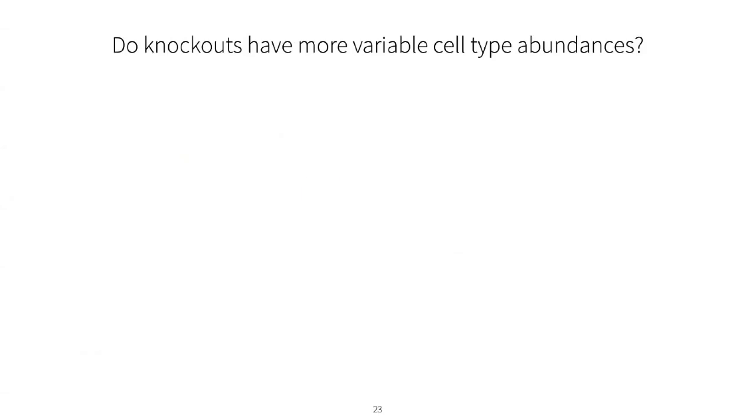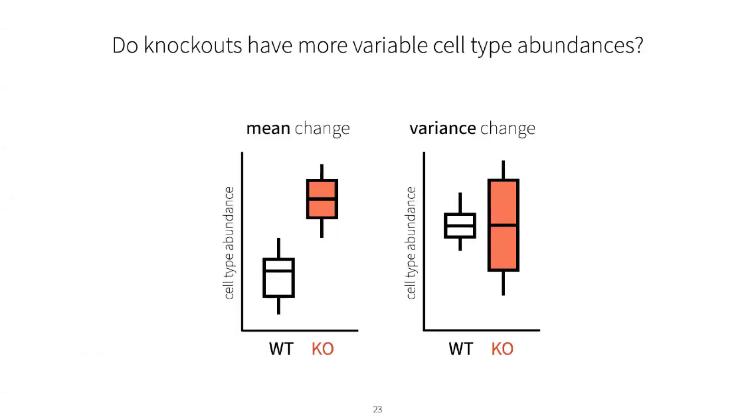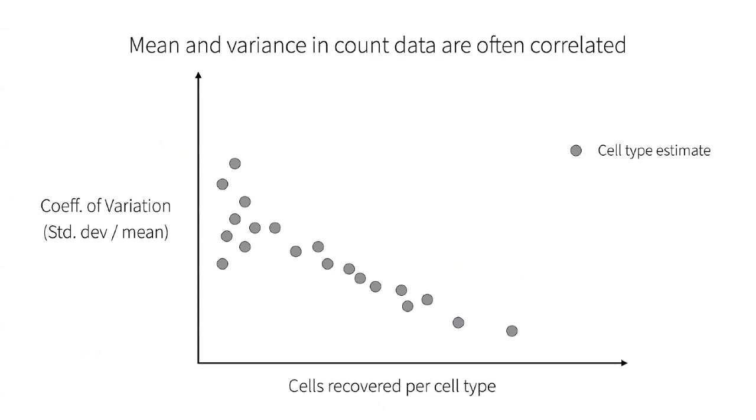Okay, so you may have noticed in addition to changes in the mean, there appear to be some changes in the variance in the number of cells per embryo of some of those types. So how do we assess whether that's real? Well, if we want to test whether or not a perturbation significantly alters the variance in the number of cells of a type, we have to confront and address this issue that's very common in count data, which is that